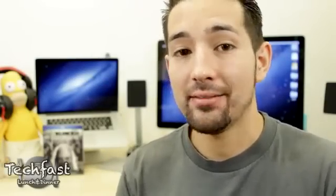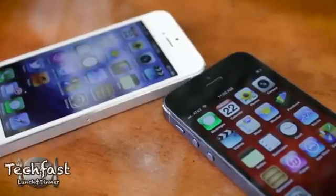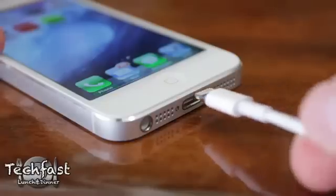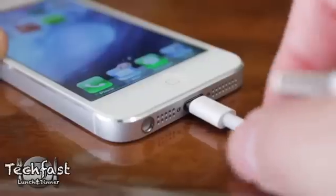Since the iPhone 5 launched, I've been getting so many questions on it. Is it worth the upgrade? How's the 4-inch Retina display? How's the LTE? Is the camera better? How is the Lightning port? So I'm going to give you guys my initial 24-hour experience with it and hopefully answer as many of those